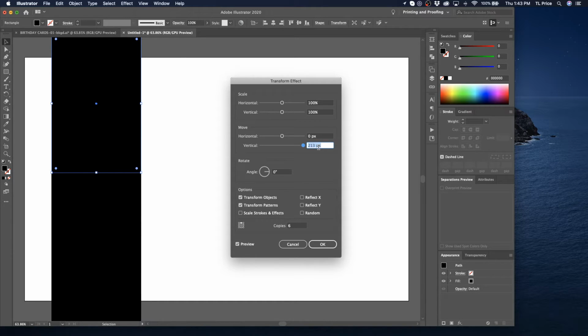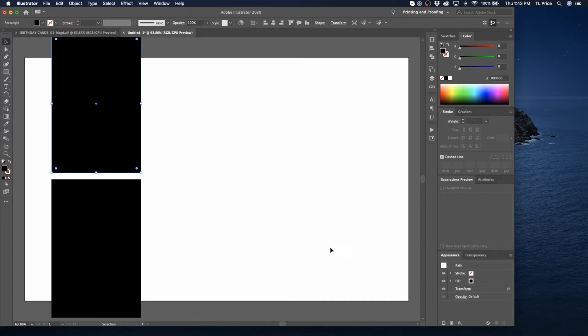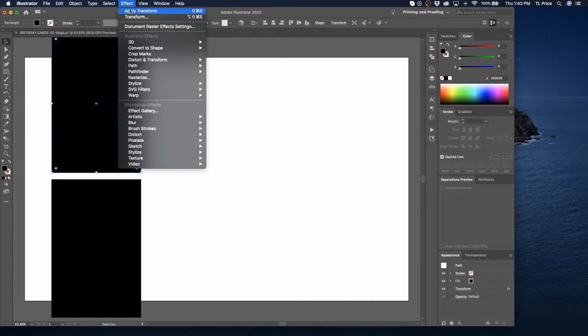Come on. It would really help if I could access my transform panel. Let's go. It's a little closer. Okay, there we go. Okay, so let's just file, transform,